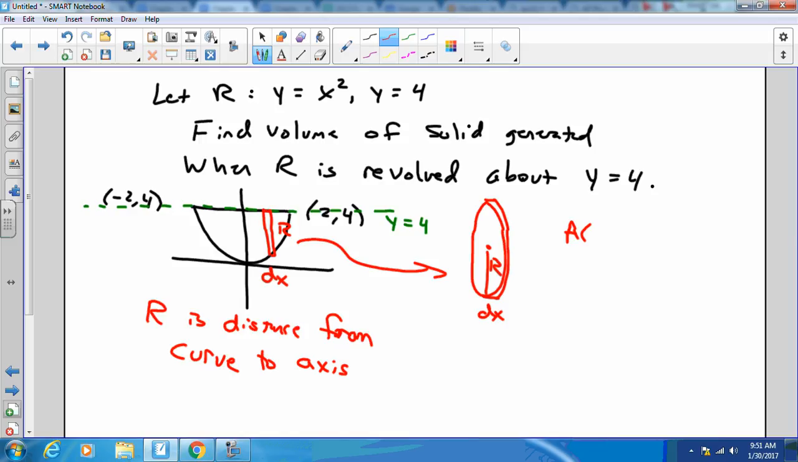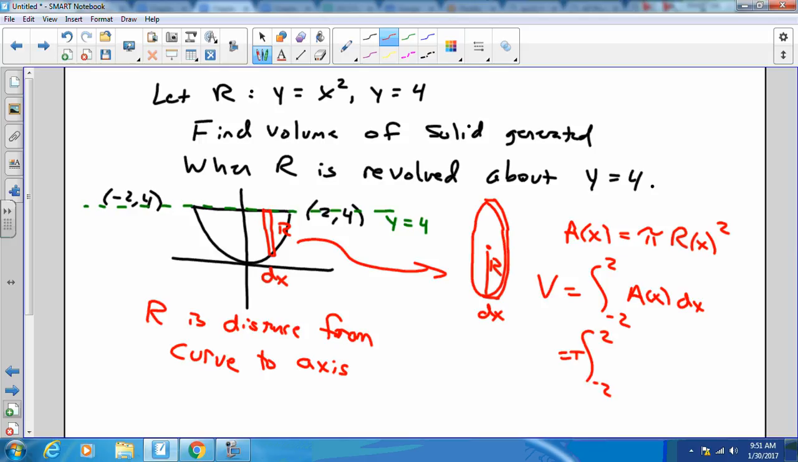And so using our cross-sections idea, we can say that the area of our cross-section is going to be pi times the radius squared. So the volume is going to be the integral from first x to last x of area dx, which is the integral from first x to last x of pi times